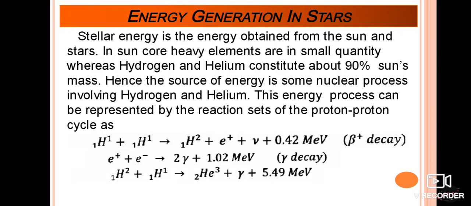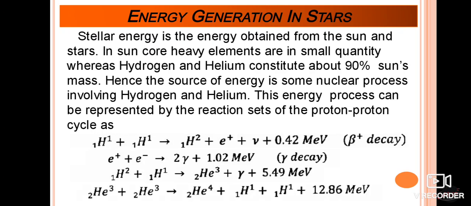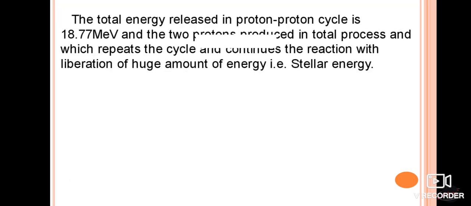And again, 1H2 plus 1H1 gives you 2He3 plus gamma plus 5.49 MeV. Then we will observe 2He3 plus 2He3 gives you 2He4 plus 1H1 plus 1H1 plus 12.86 MeV. So the total energy released in the proton-proton cycle is 18.77 MeV, and the two